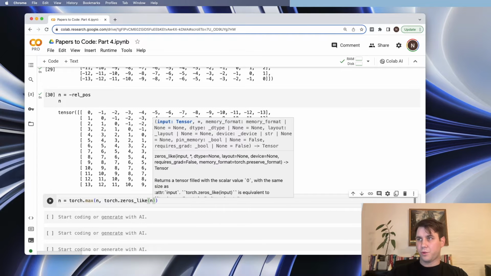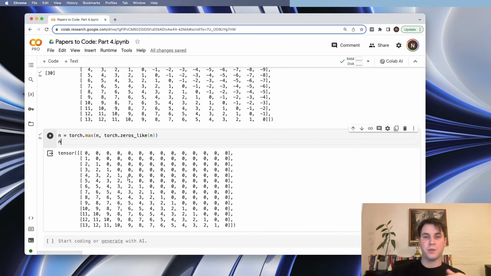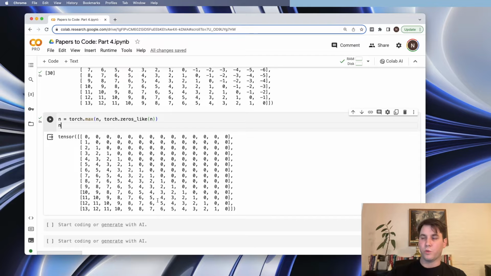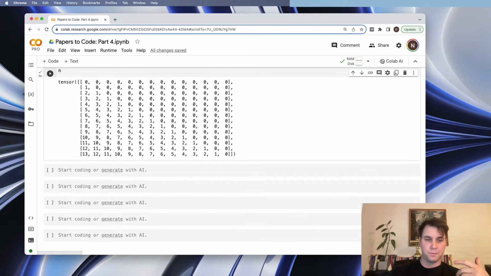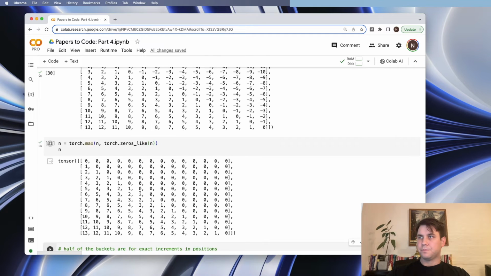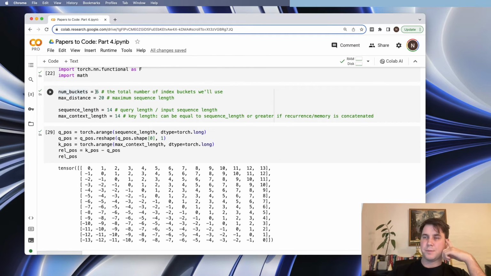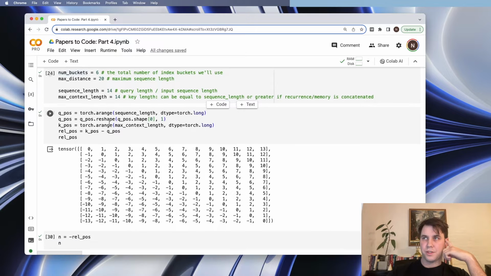Zeros like just creates a matrix of zeros in the same shape as a predefined matrix here. Great, so now we have our decoder ready relative position matrix. And now we need to add the T5 modifications. I'll add this in. If we remember, we have 6 buckets, and I've just chosen this because it's easy for